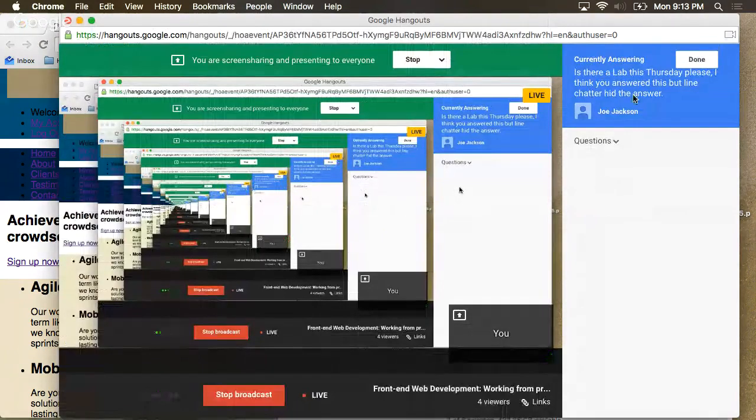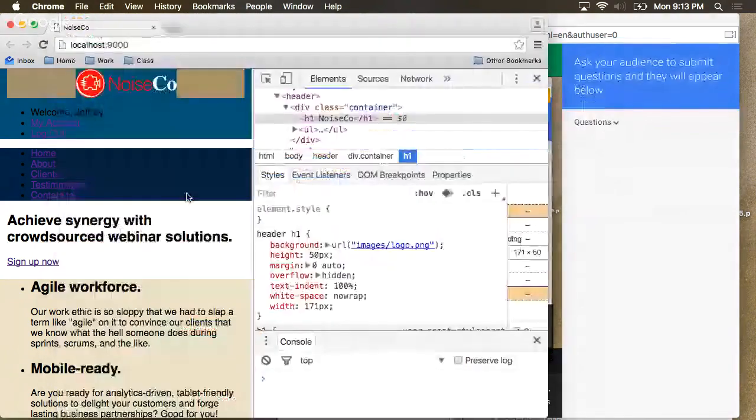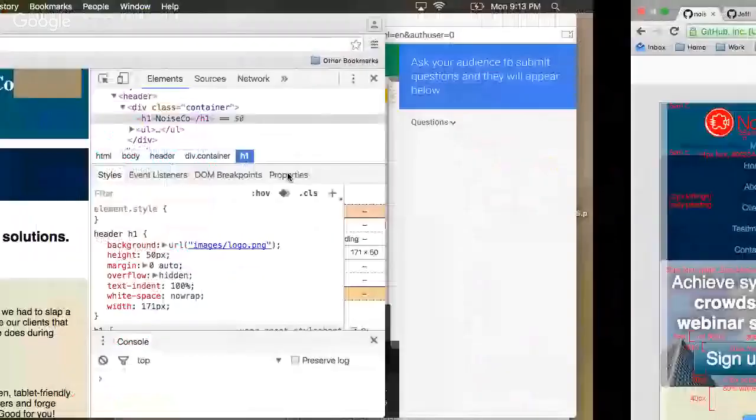Yes, there is a lab this Thursday. Okay, so